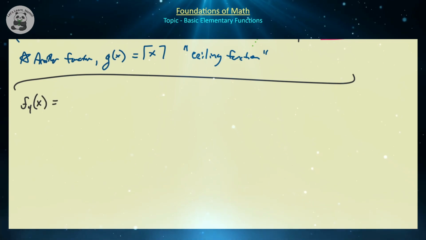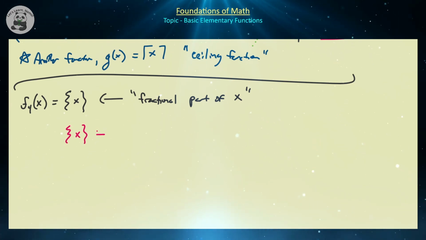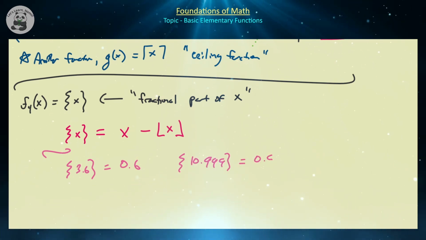Another function is related to the greatest integer function, and most people abbreviate it with little curly braces. This is the fractional part of x, and some people will define the fractional part of x to be equal to the actual number minus the greatest integer less than or equal to x. So if we look at a couple of examples here, the fractional part of 3.6 is going to be 0.6, because the integer part less than or equal to 3.6 is 3, and we're still going to be left with 0.6. And for 10.999, the fractional part of that is going to be